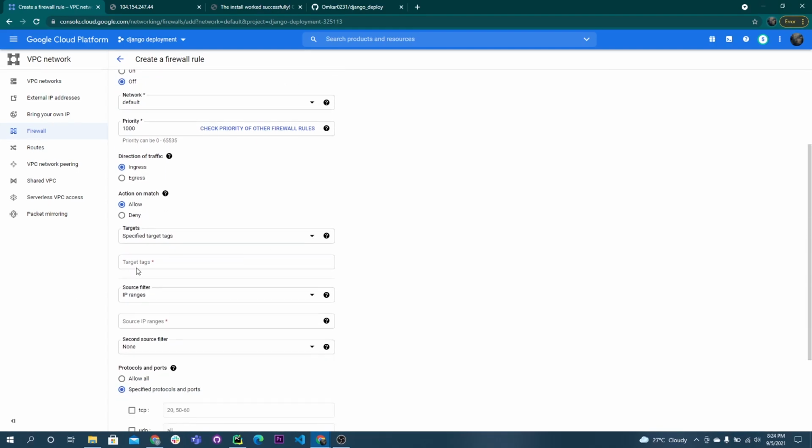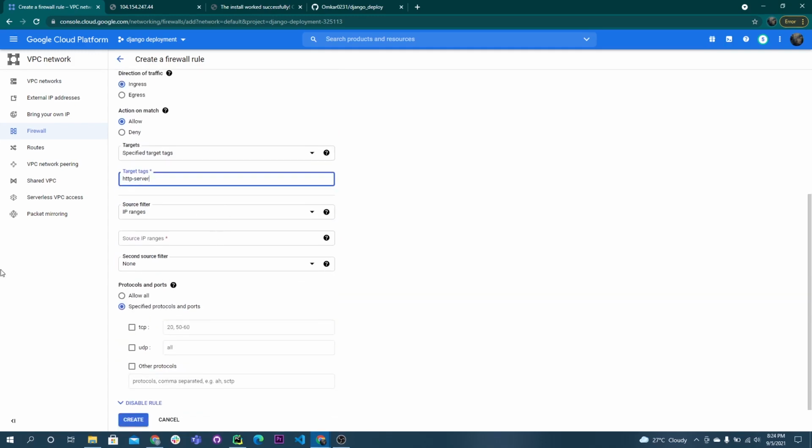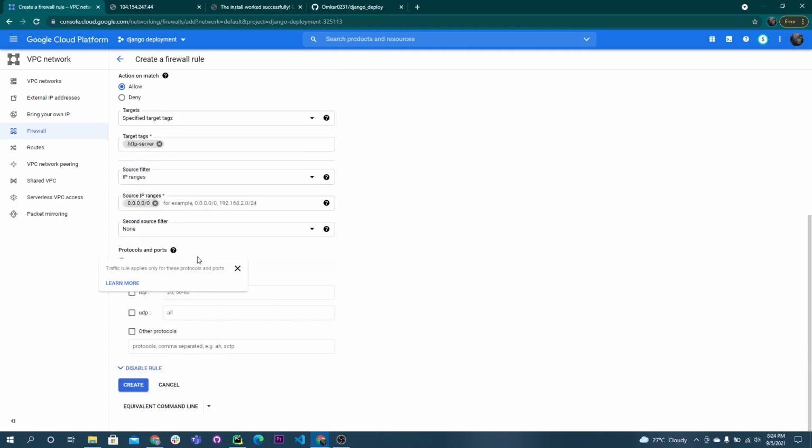In the target tags, you need to give http-server, and for the source IP ranges, it would be just 0.0.0.0/0. Under the protocols and ports, here we need to add TCP port 8000. We can create the rule.